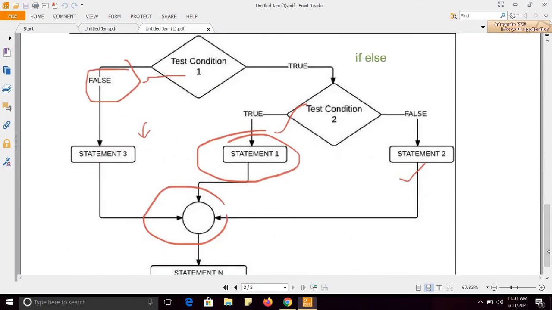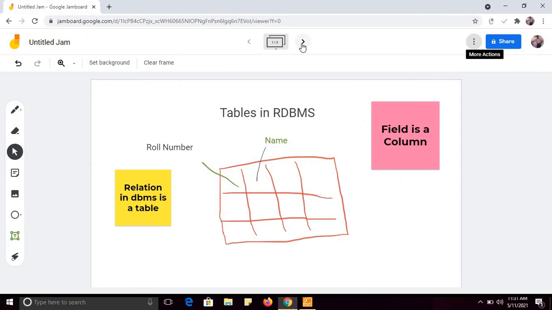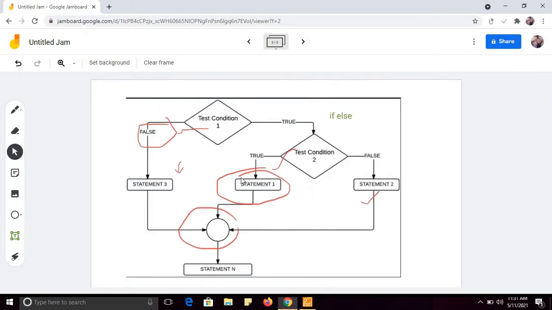So just very simple. Have scanned notes, upload scanned notes on Google Jamboard, and if you want to explain anything, you can write anything on this frame. Then you can either save this frame as an image, or you can download the PDF. And you can even share this Jamboard with your students, so that your students can actively take participation in your class.